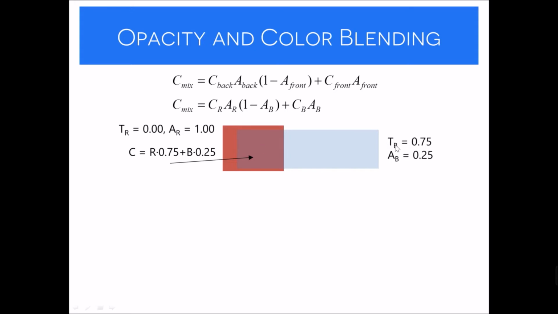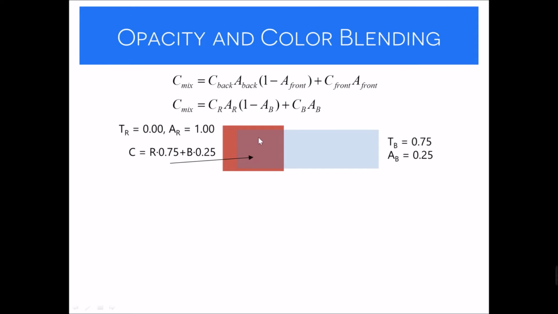And the transparency of this blue is 0.75, so it means it's very transparent. Therefore, because opacity is 1 minus transparency, the opacity is 0.25. So these basically go together. And the red one has an opacity of 1.0 and alpha of 1.0, and the transparency is 1 minus 1, which is 0, right? So now we're mixing these two together. At this particular point, there's nothing red, so you just see the blue mixed with white. And here you're going to see the red pure, and here you're going to see the overlap region, which is